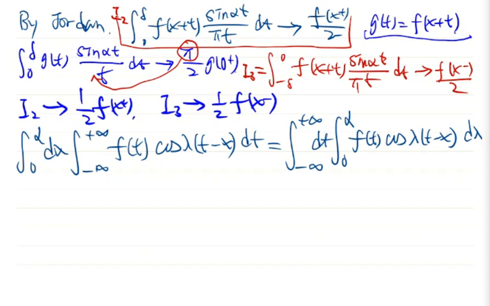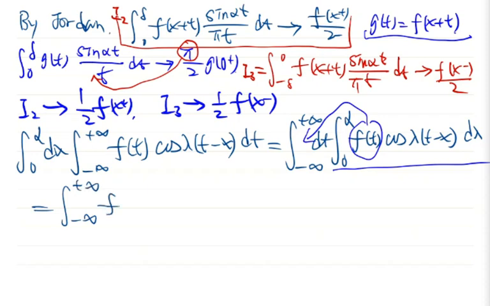But we need this result at this point, so we simply apply the result. The condition on our f justifies this multiplication and this operation. Okay, so for this integral, the variable of integration is lambda. So this f(t) can be moved out of the integral. Then the integral of cosine lambda(t minus x) can be computed easily. After that computation, you will obtain the integral from minus infinity to positive infinity of f(t) and then this result, sine alpha(t minus x)